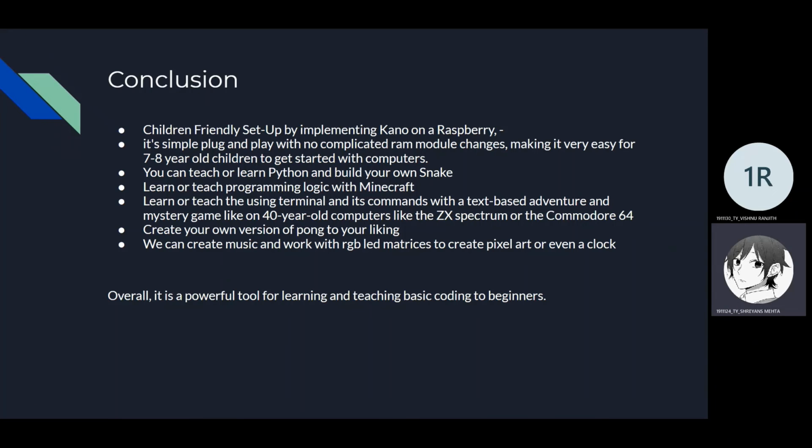So now coming to the conclusion, Kano OS is a children-friendly setup implemented on the Raspberry Pi. It's simple plug and play with no complicated RAM module changes, making it very easy for the younger people around the ages of 7 or 8 to start using computers. And because they are young, we do not want to expose them directly to the internet, as there are many things which are not suitable for kids. So this provides a perfect platform for both knowledge as well as